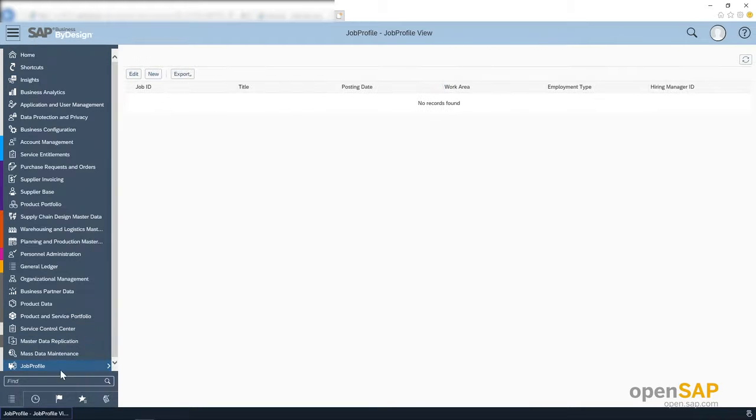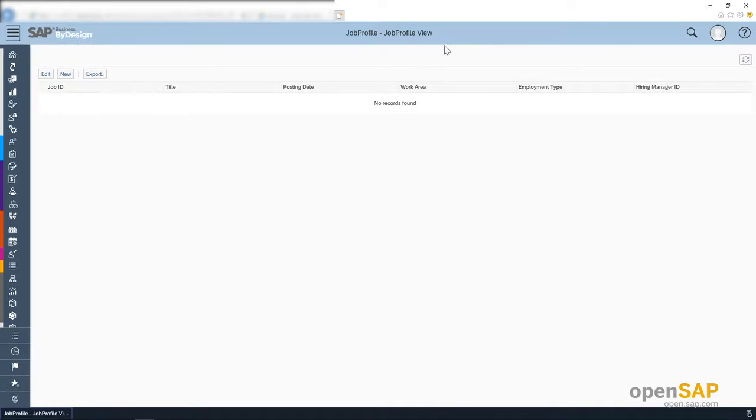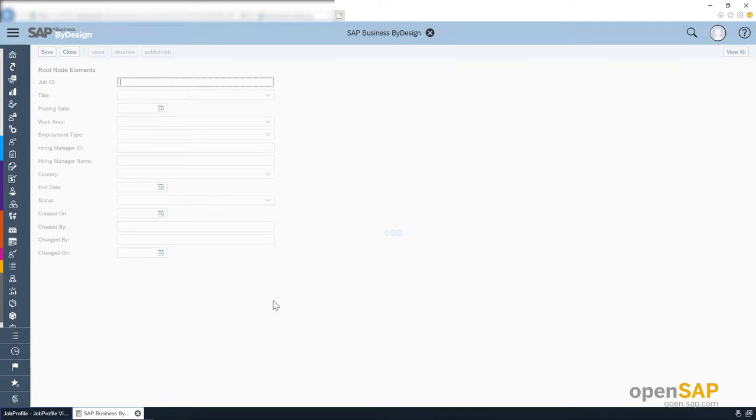So, this was the work center which was created, the job profile work center, and this is the job profile work center view, and inside this view is the OWL, which is nothing but the object work list, where you would see the list of all the job instances which have been created. At present we do not have any. So, I would go ahead and click on new and this launches the quick activity floor plan, in short QAF. As you can see, I could just enter the bare minimum details and once I enter them and I click on save, I could go ahead and create the data.